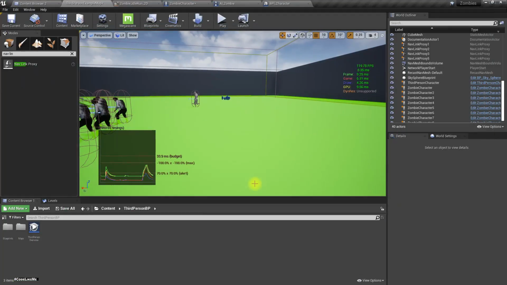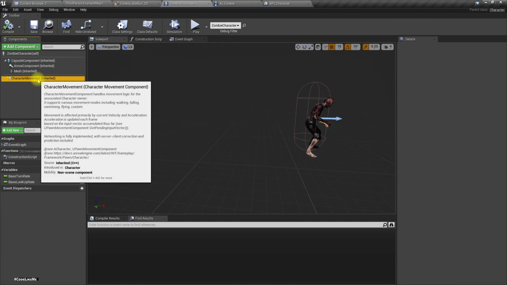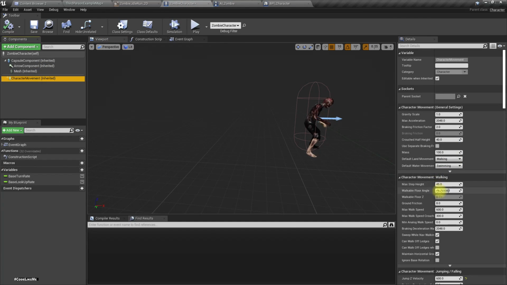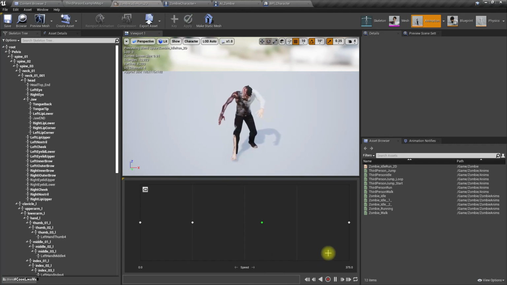Let's reduce the speed of zombies because players should have an advantage. Max walk speed, this is 600. Let's make it 400. And here, yeah,